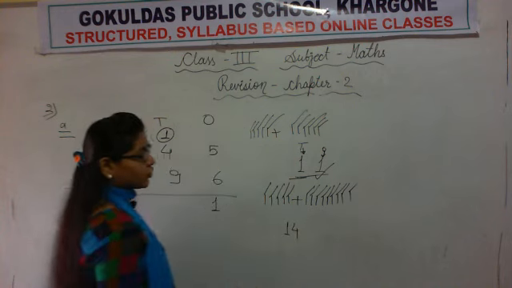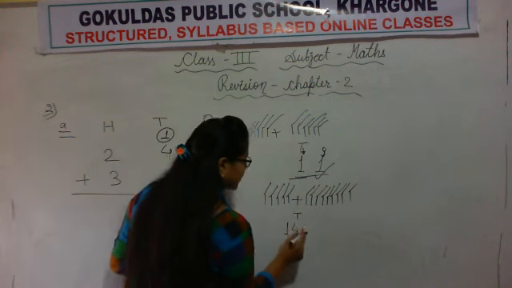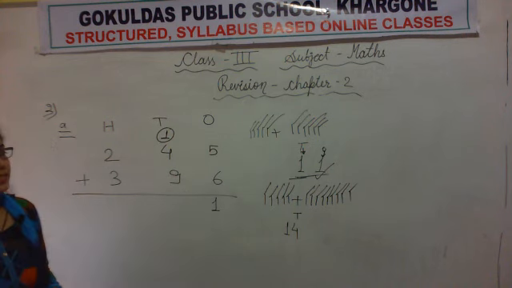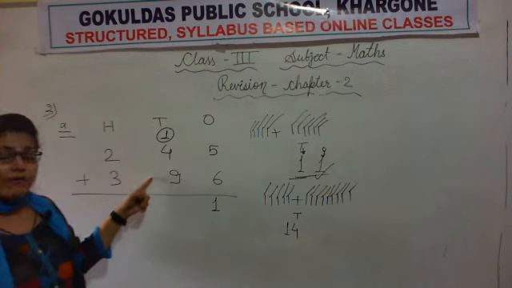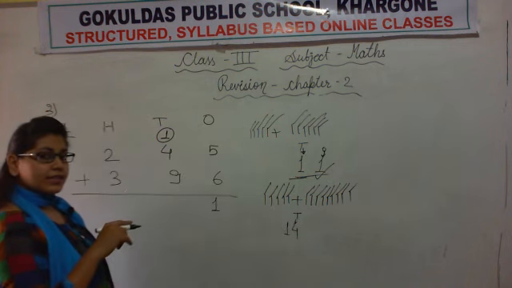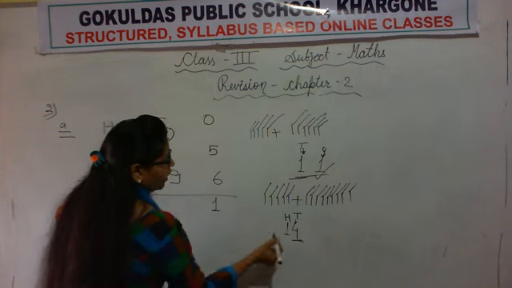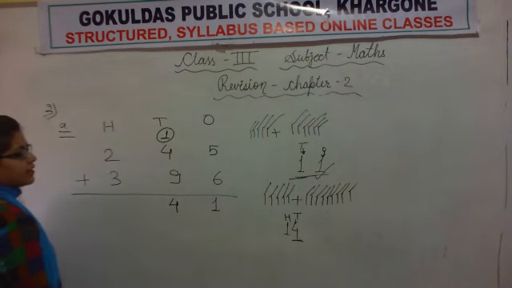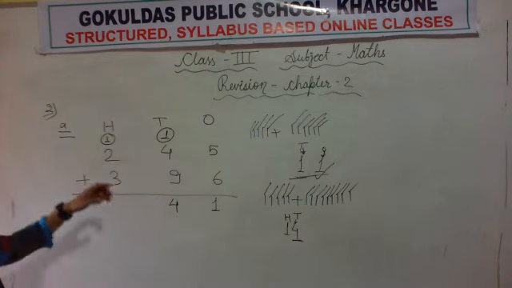See, again we got a 2-digit answer. We added tens. This time we will not write ones here. Why? Because we added tens. Here we were adding ones first. That is why we wrote ones to the right. Now here we were adding tens. So we will write tens first. And what comes after tens? 100. So we will write hundreds. Now see, 4 is written below tens, so we will write 4 below tens. 1 is written below 100, so we will write 1 in the column of hundreds in the form of carry.